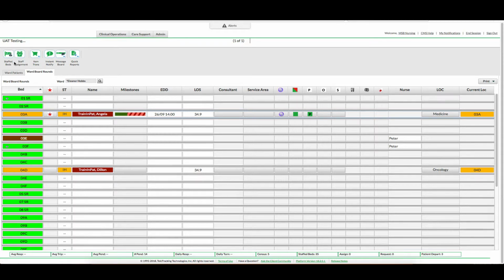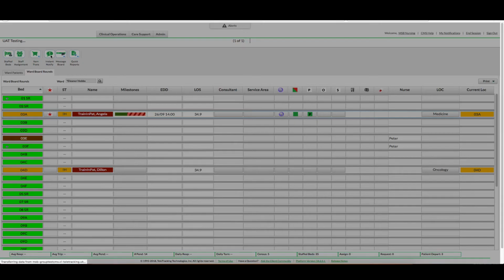If we go to the icons at the top here, this staff assignment icon, this is something that the sister in charge would click on to assign staff manually. This icon is the item transport icon, which can be used for ordering any medical equipment, bloods or medication. This here is your Instant Notify icon. If I click on this,